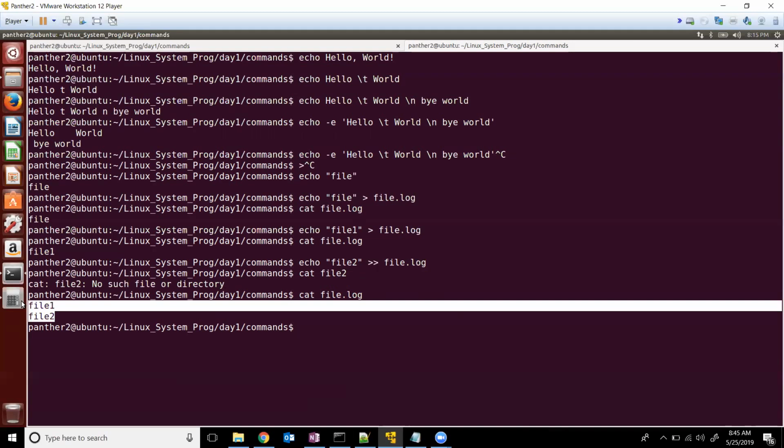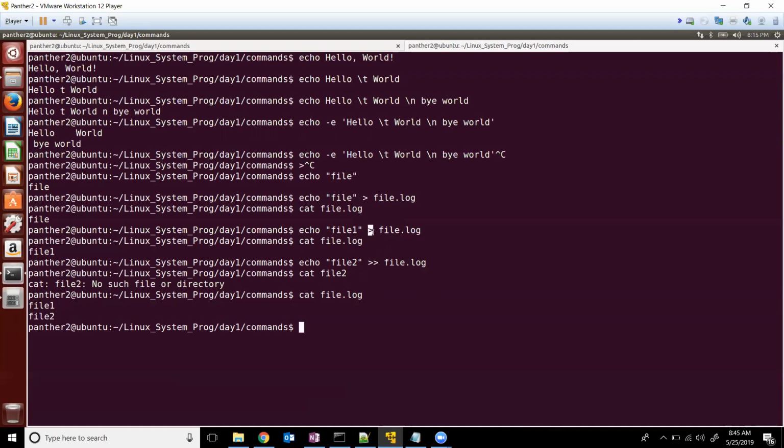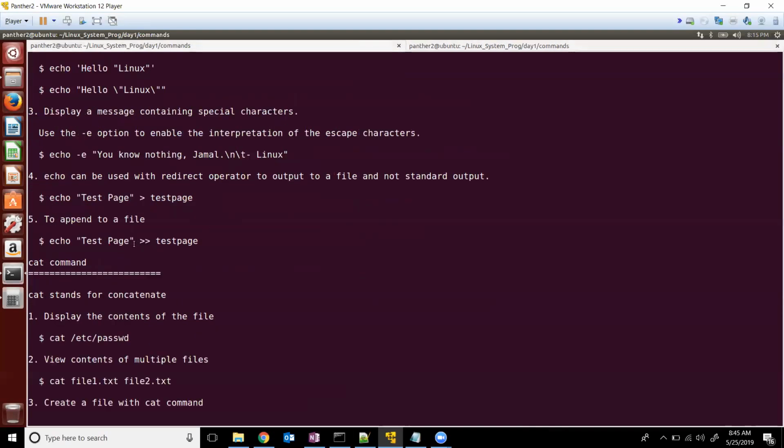So this is mostly used a lot in commands. And if you want to redirect all your output logs to a file, we use this command, the redirect operator. So we have seen redirect and appending. Next we